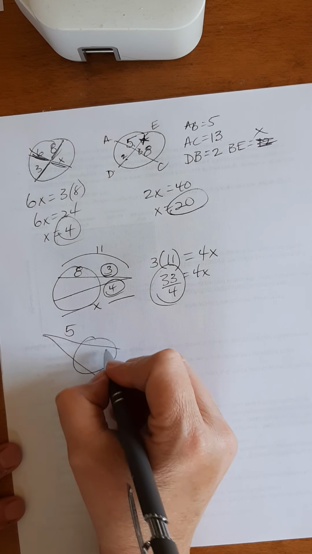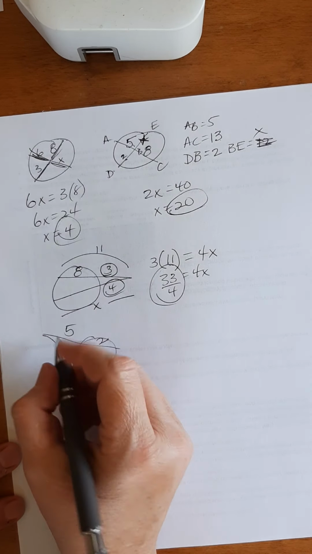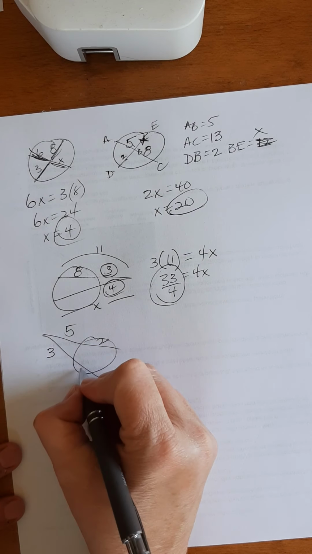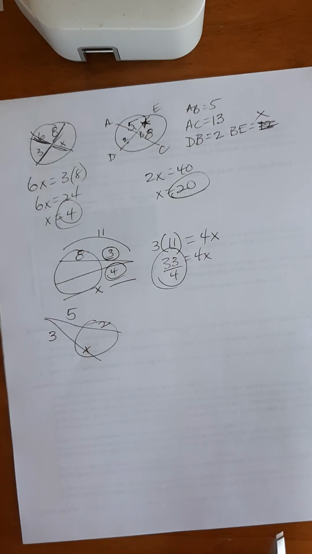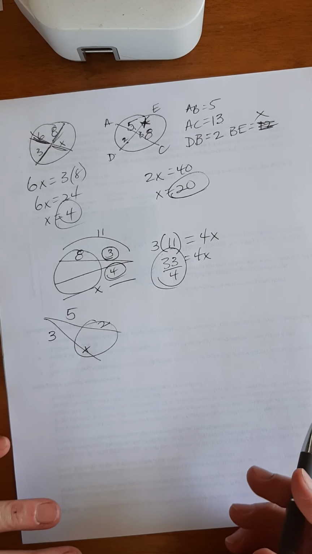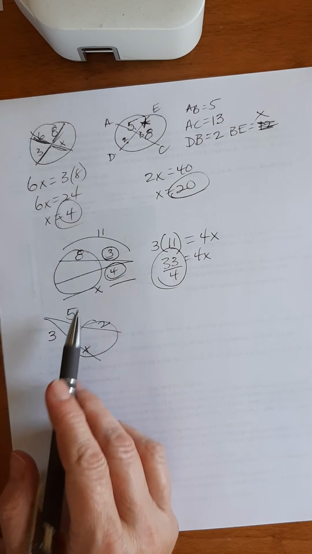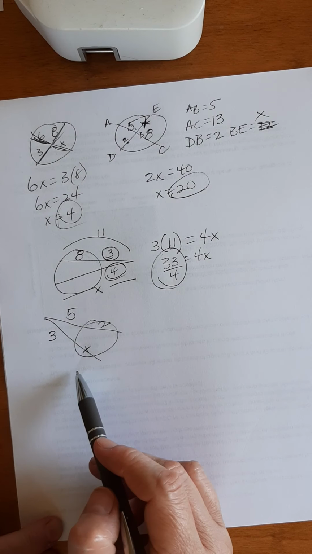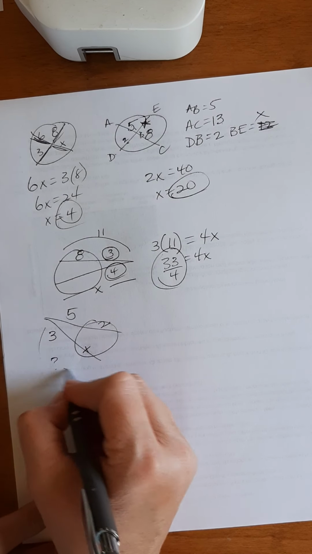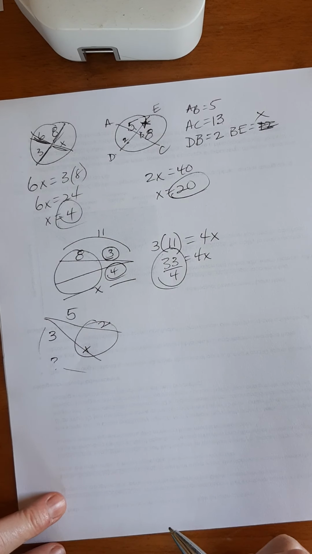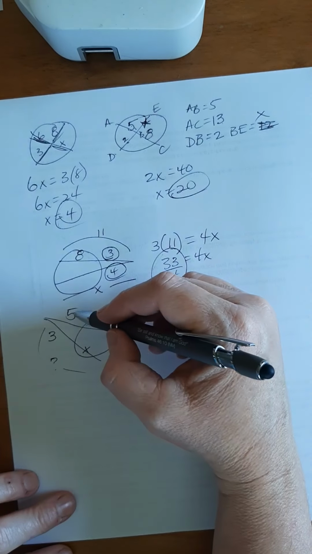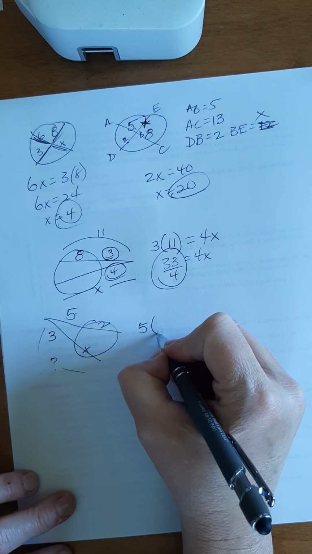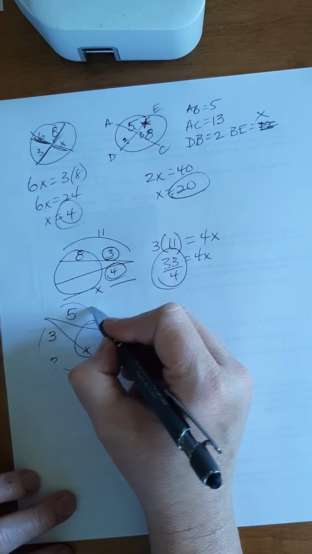Let's say 5, 2, 3. And let's say this is x. Don't make it harder than what it is. You actually could find out what the whole thing is and then subtract 3 from it. Or you could just deal with the variable. So 5 times the whole thing, 7,